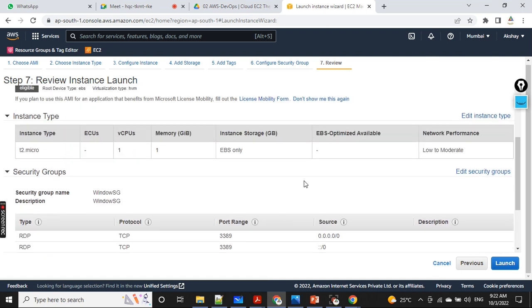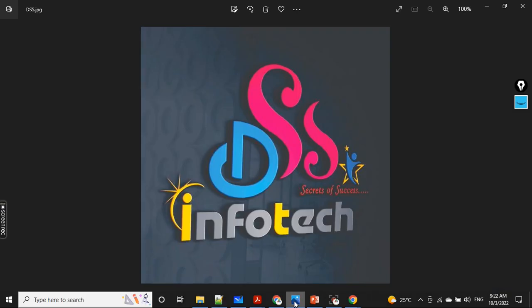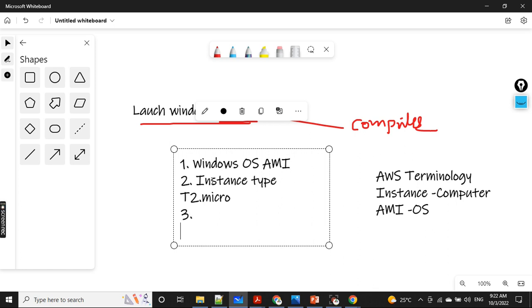See, you can monitor now, and if you want to modify, you can modify here also. So what are the steps we follow here? Second step was instance type, t2.micro, correct. Then third, number of instances. Then fourth, we have selected